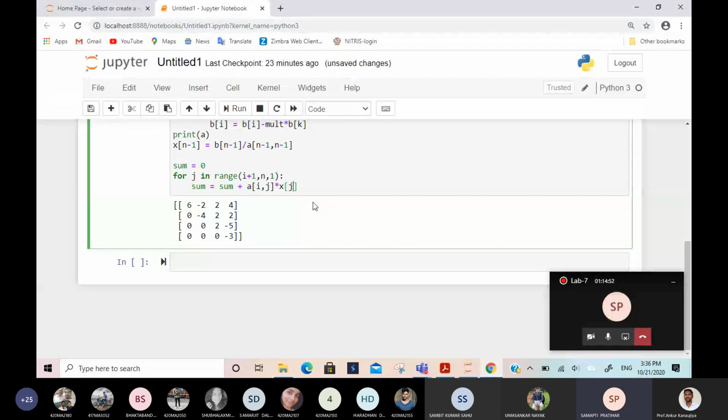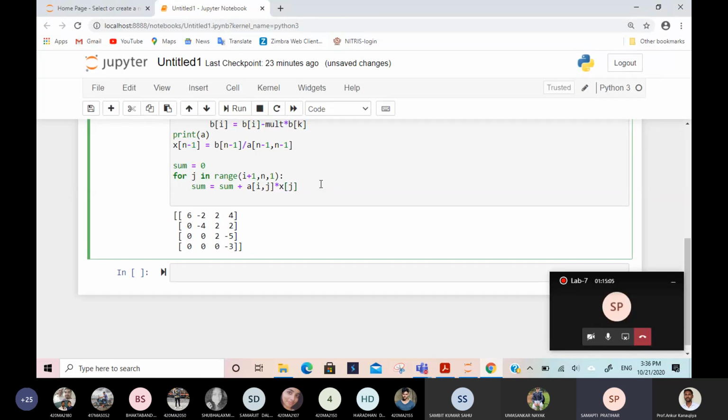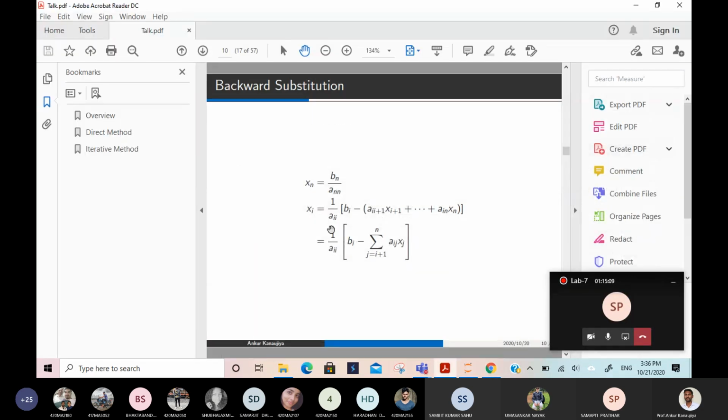Sir, here define i in range. Yeah, I will define i; till now I didn't define i. Okay, sir. So this is only that summation. Once the summation is done, what is the value of xi? xi will be 1 upon aii times bi minus sum.